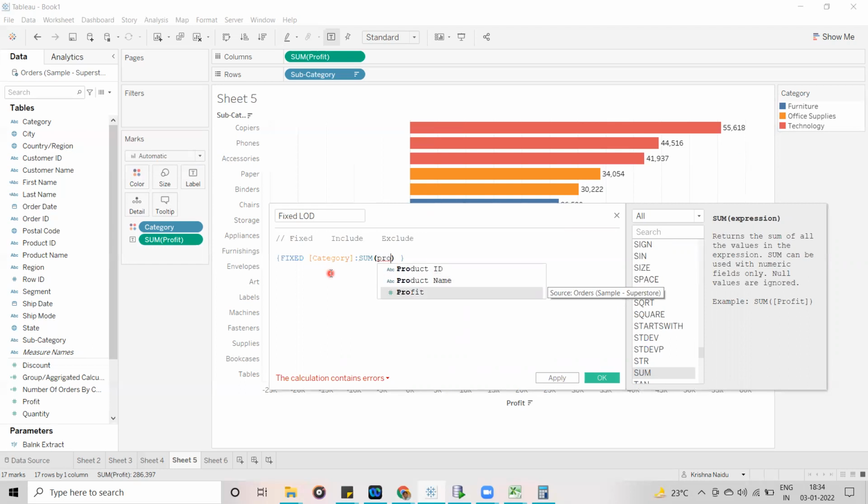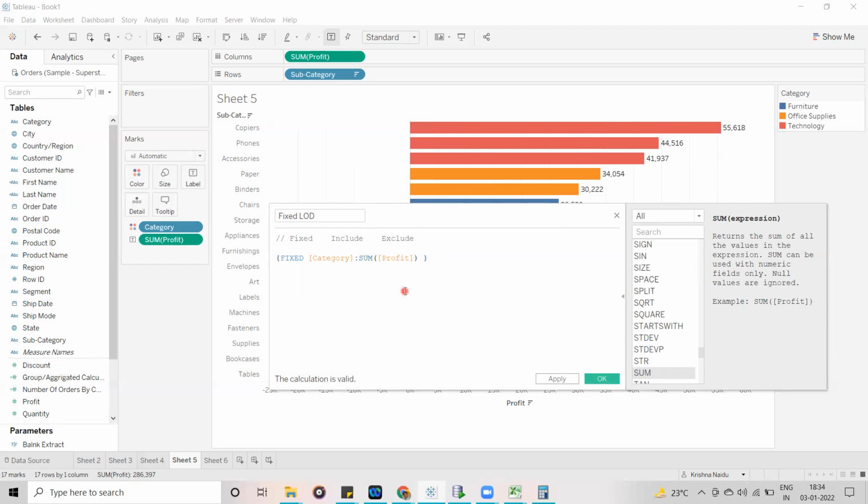One more thing you have to remember: whenever you are writing any LOD function, either include, exclude, or fixed, after this colon, whatever you are using should be aggregated. In LOD calculations, always after this colon, you have to aggregate the data.